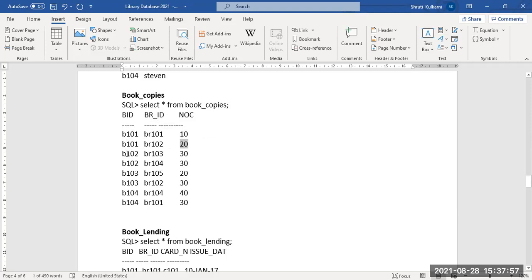Coming to the second book, B102, it is present in library branch 3 and library branch 4. Each branch has equal copies here, which is 30 copies. And the fourth textbook, B104, which is data structure, is available in branch 4 and branch 1 here, having 40 copies and 30 copies. So this is the book copies table.